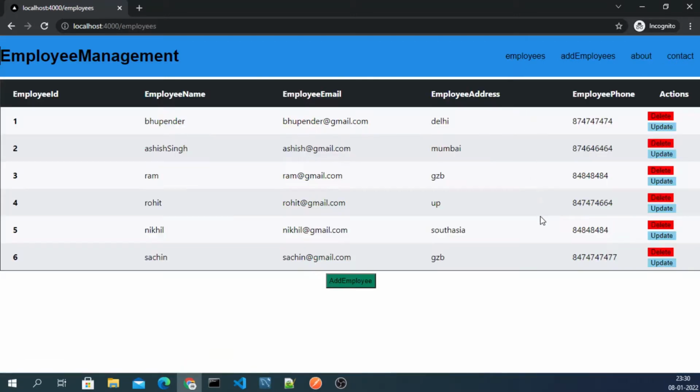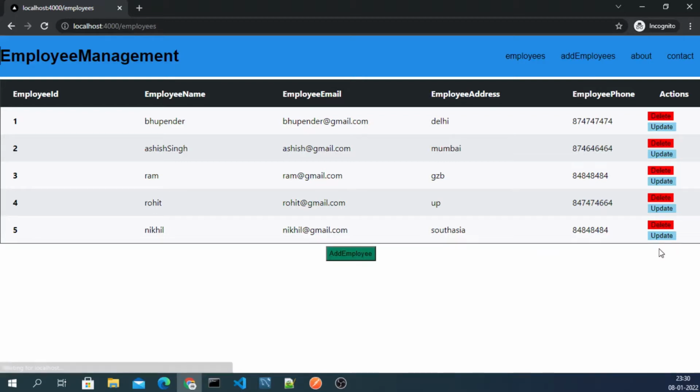Also, if you want to delete anyone, like if I want to delete Sachin, you just have to click on this delete button. As you can see, Sachin has been deleted successfully. Now suppose you want to add Sachin back, you can do it in two ways: either click on this add employee, or click here on add employee.